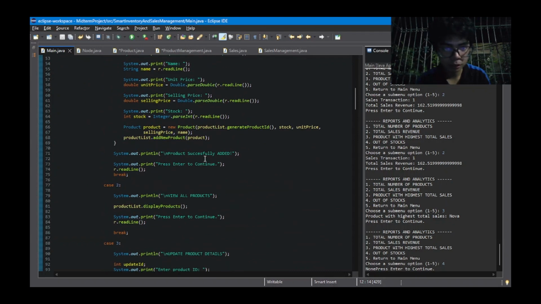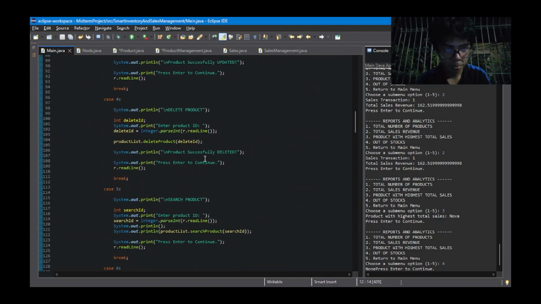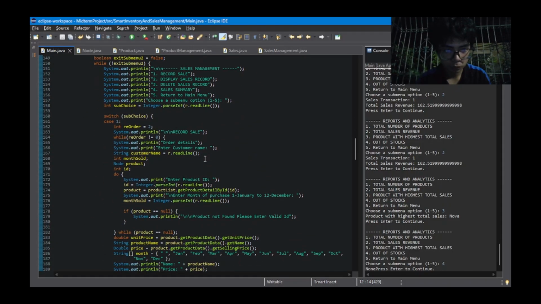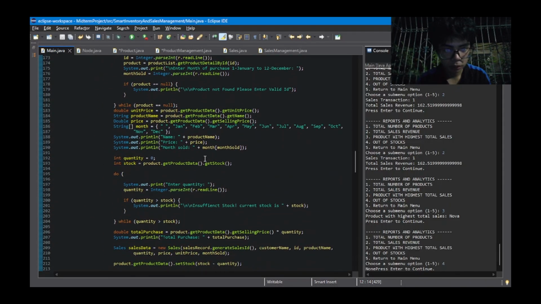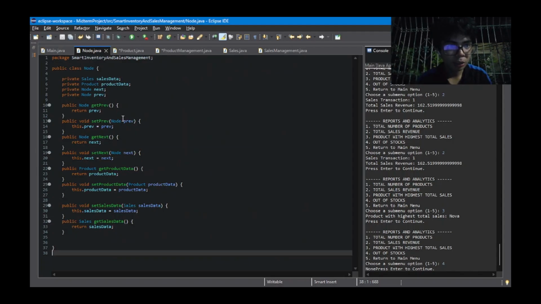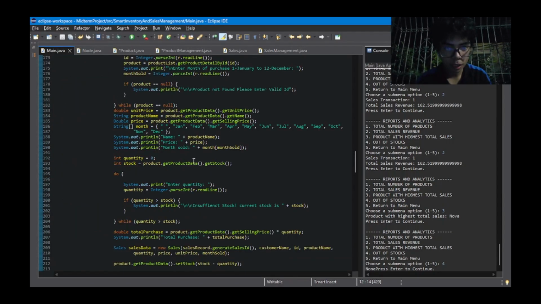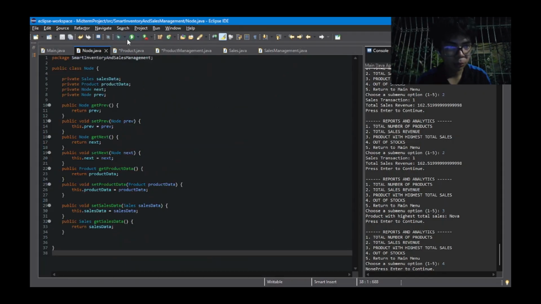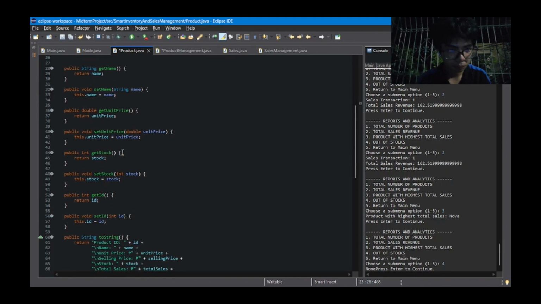For example, here we get the product data from the node, and as you can see, we call getStock. There is no getStock in the node, but we can get the stock because we return the value of the product, which is here. So that's basically it for the Product.java.